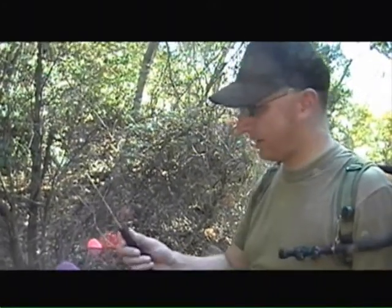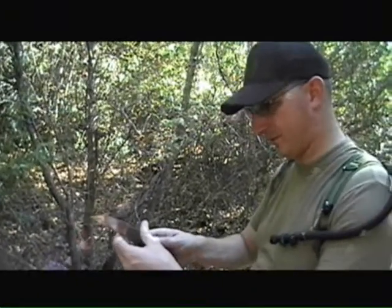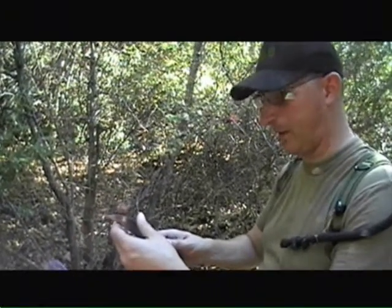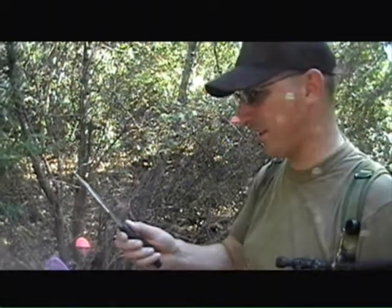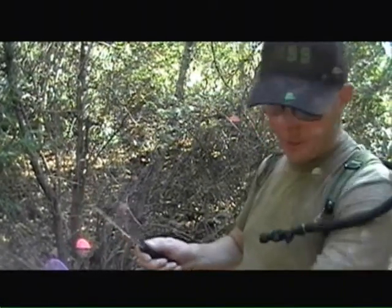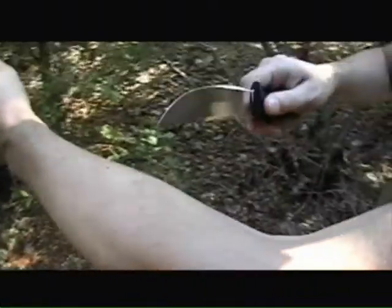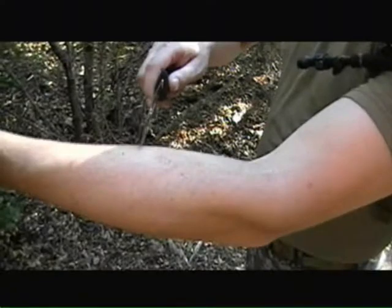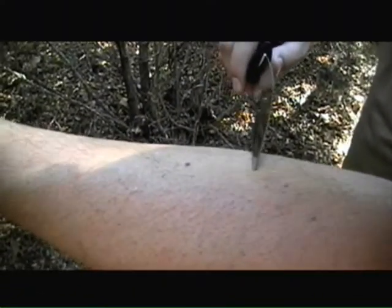Now, answer this question for me. When you took that Outdoorsman Light out of the box, what's one of the first things you did with it? I checked the edge with just the way it feels to the edge of my thumb. Yeah. And it's kind of scary how sharp it is. Did you run it along your arm at any point? I did. A little shave. I don't know if you can see, but there's a little bare spot. There's a lot of sun right there. That is a shaved spot. Yeah, you can kind of see that because...